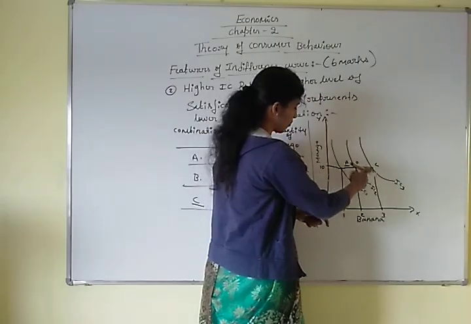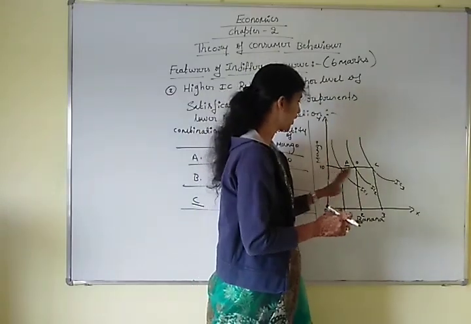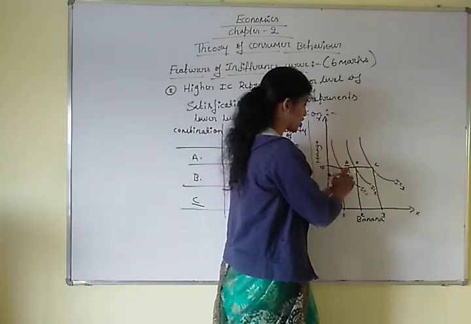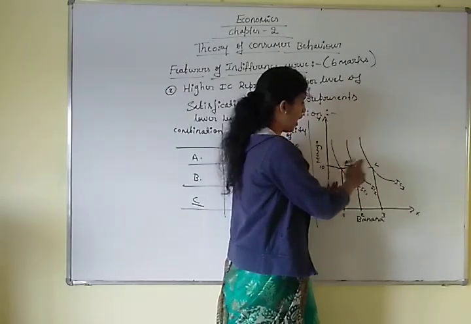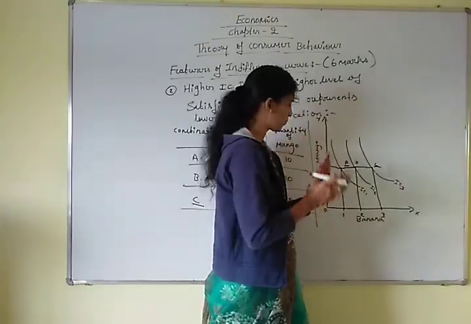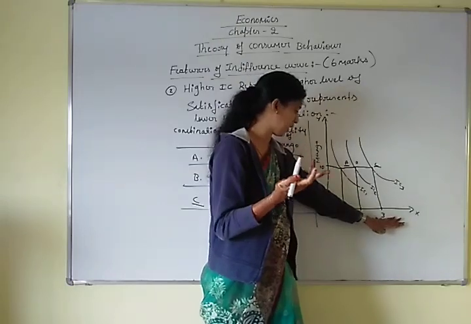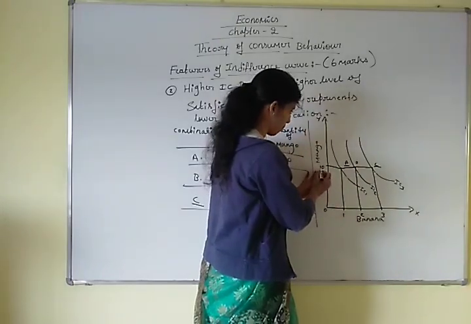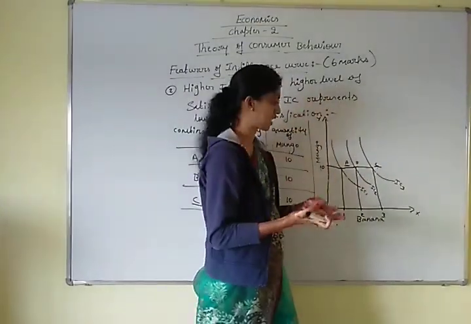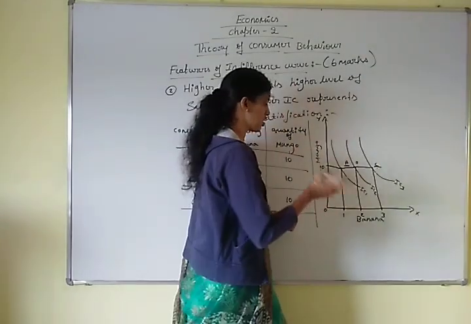Combination B, 2 bananas and same quantity of mangoes. That's why combination B gives the more satisfaction in comparison to combination A. And ultimately combination C gives more satisfaction because it has more bananas, I mean 3 bananas and same quantity of mango. Therefore, combination C gives the more level of satisfaction. So IC3 gives the more level of satisfaction in comparison to